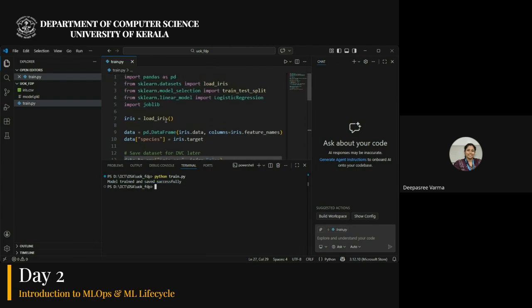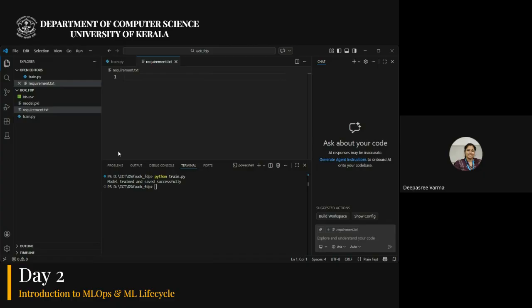Before running this, in my case all these libraries are installed. If in your case they are not installed, we can just add a requirements file. So here I'll add requirements.txt.